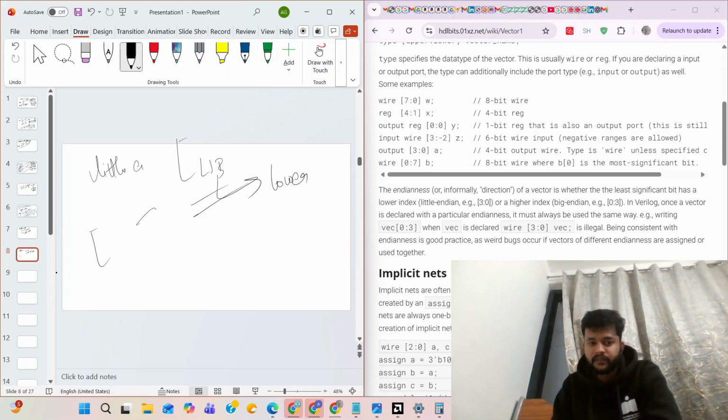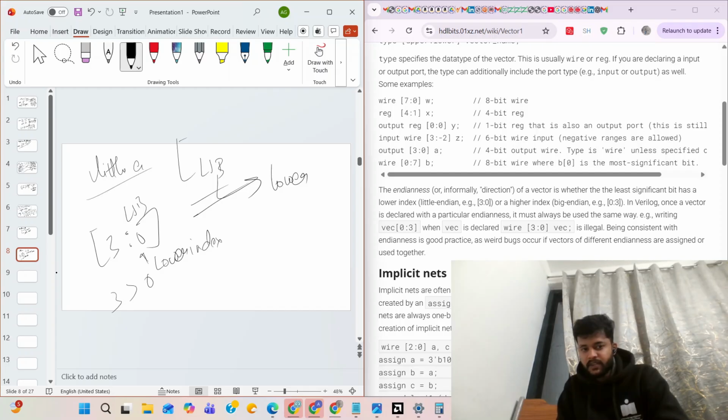Like 3 to 0 is there. This is the LSB part, right? And 0 is the lowest, meaning 0 is less than 3, right? That is why it comes under little endian.